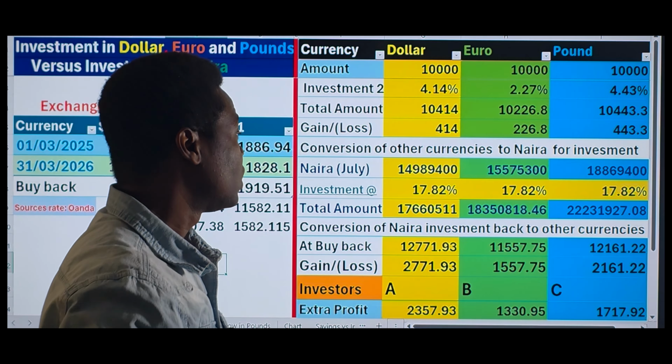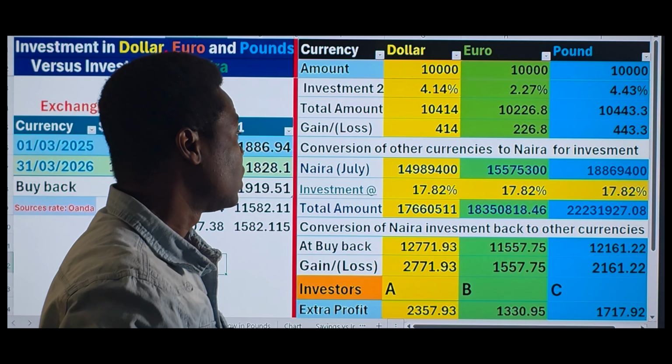The exchange rate for £1 to Naira was 1,886.94 Naira. These exchange rates are not assumed exchange rates. They were extracted from a source known as Rwanda currency. We'll be needing this exchange rate when we are to convert our $10,000, €10,000,